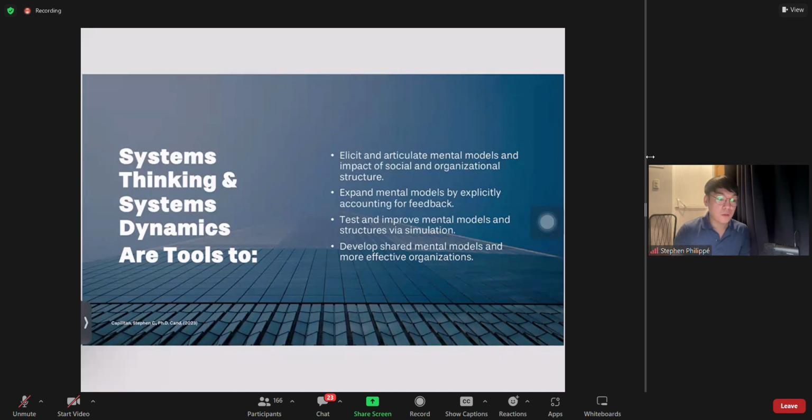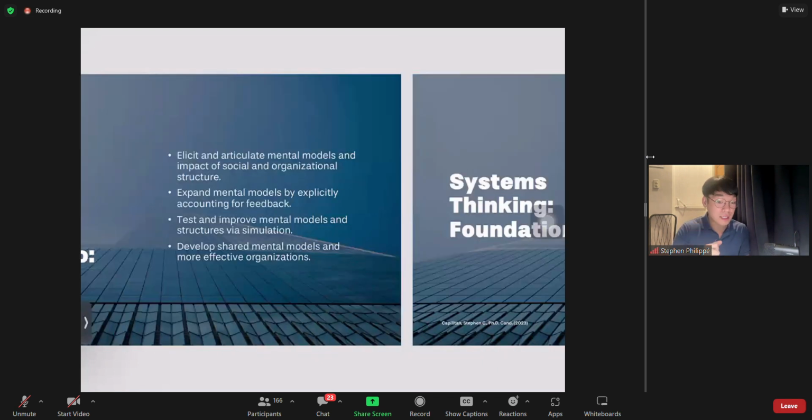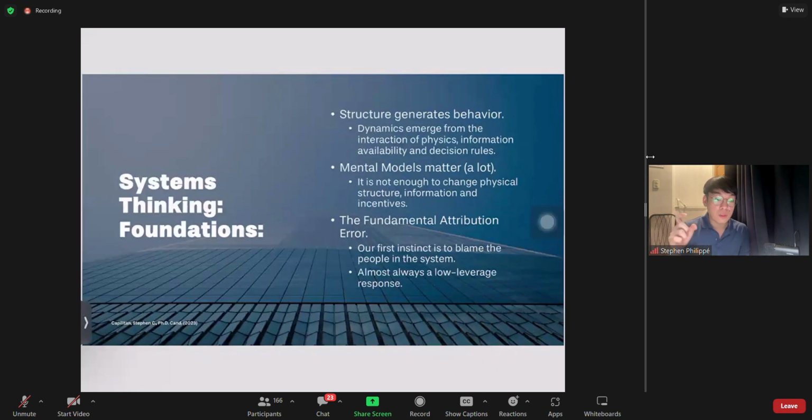So with these tools, the systems thinking foundation, we need to clarify these three terms. Structure generates behavior. Mental models matter a lot. And the fundamental attribution error. Let's talk about what a mental model is. How would you understand a mental model? It is a set of